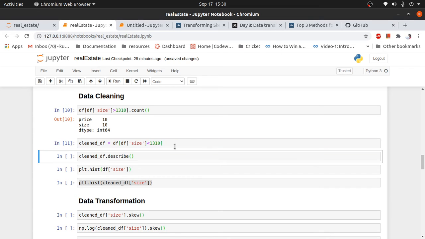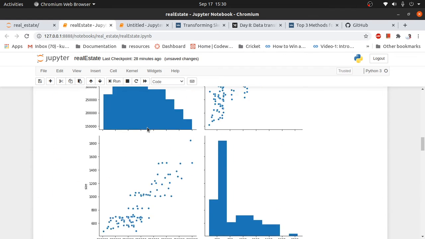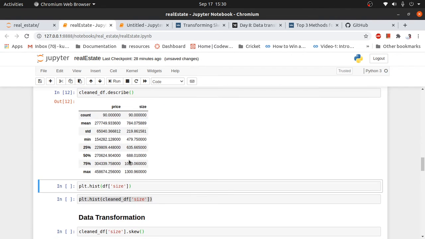Let me create this and see the summary. See the standard deviation: now it is around 219, and earlier it was 297, and the mean was 853, and now it is 878. It is up to our understanding of the data set and the problem statement whether it is a good idea to trim the outliers or not.